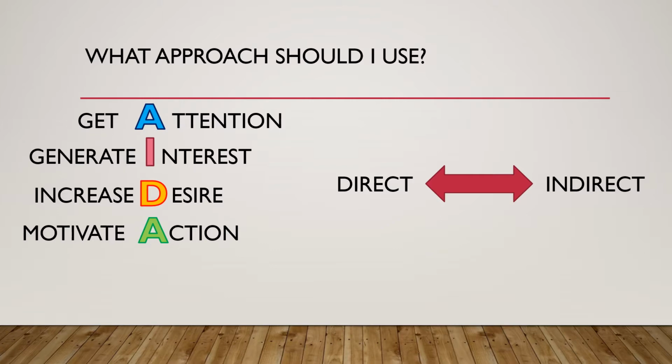After that, you must be generating interest for the audience. You must generate sufficient interest to encourage the buyer to start to research further. After that, you'll have to increase the desire. You can do this by talking about some of the positive aspects of your product or service. You can do this by establishing an emotional connection between your product and the audience. You must show your audience the personality of your product and the benefits that it has.